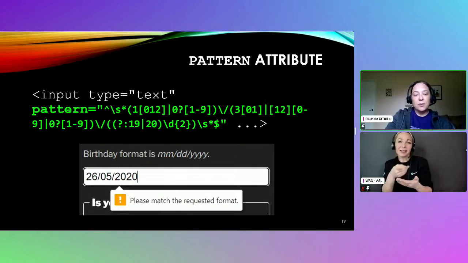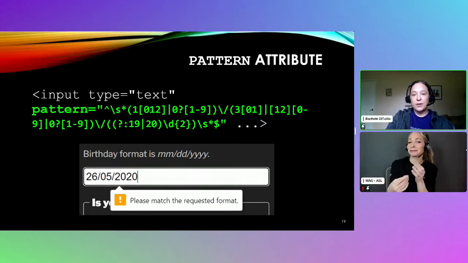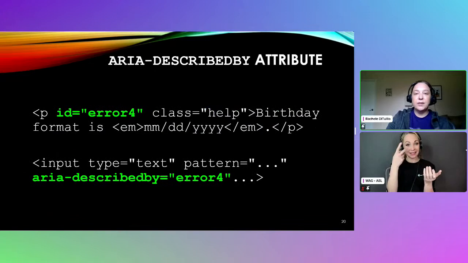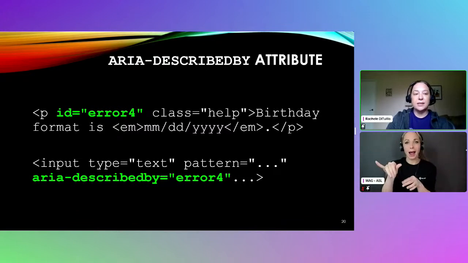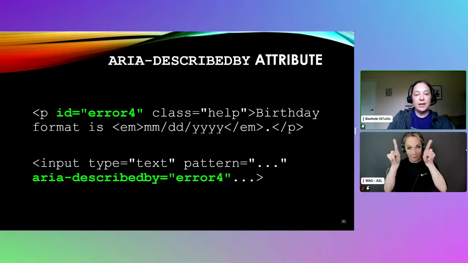Next, let's talk about how we convey to our users, the ones who are using assistive technology, what this date format is. Let's see how we do that. We use another ARIA attribute called aria-describedby. What aria-describedby allows you to do is add an additional description to your form field that gets announced at the end of the text. So here I have our help text marked up. Birthday format is month